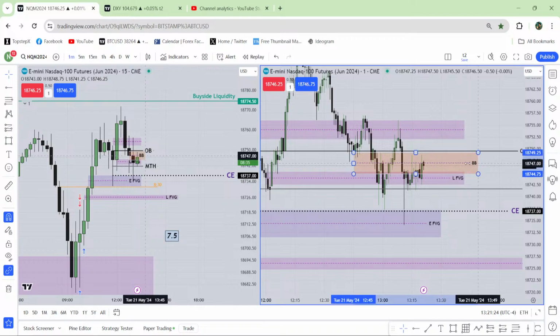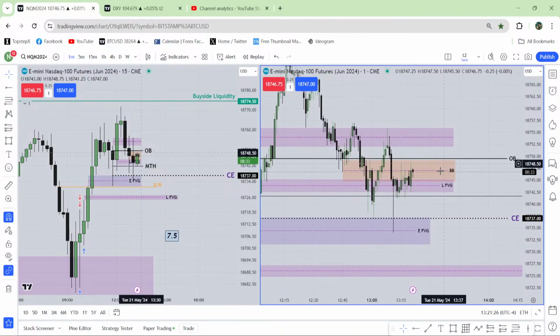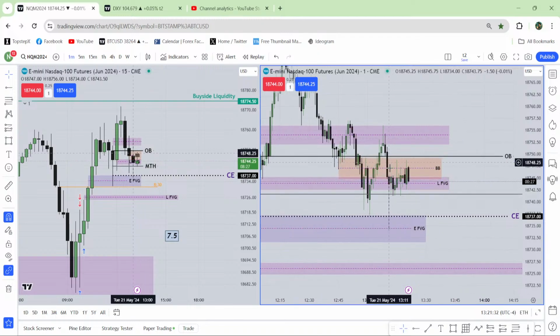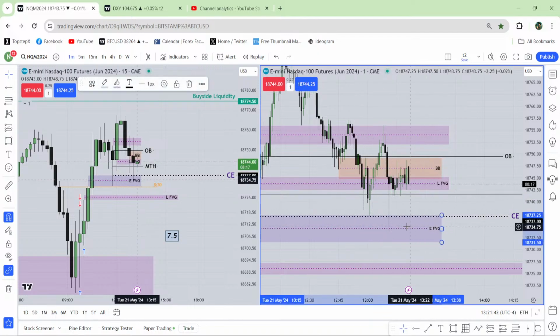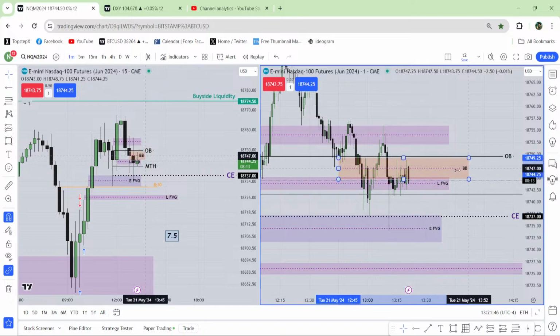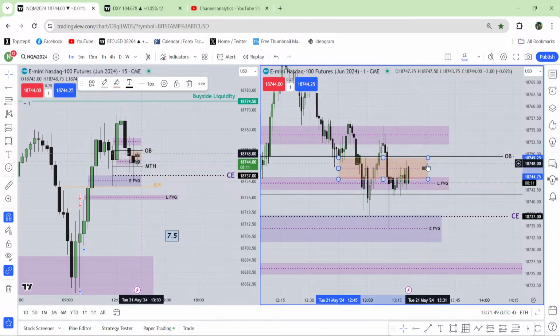For me, this breaker block is much easier to frame a trade. That's why I kept that breaker block on my chart. The first time it didn't work. That manipulation was too fast, went much lower, took all of the liquidity, traded the entry fair value gap consequent encroachment one more time, and went higher again. If the market can close above this breaker block one more time, I will take one more buy.